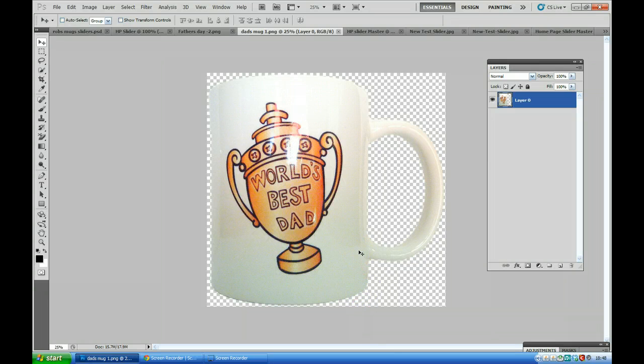To get a mug from an original that you would have sent me into something which is completely clipped out is a lesson in itself. To be honest with you, it'd be quicker for you to go into YouTube and type in how to create a transparent background on a picture, because there are millions of different tutorials out there, some better than others, so you probably will need to shop around. But I'm quite happy to create for you a 2 or 3 minute video tutorial, if you prefer. Okay, so that is